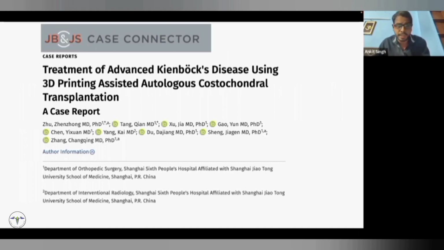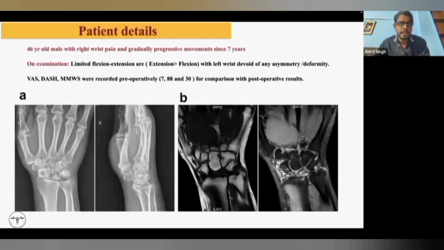It was performed by Dr. Zhu Zhenzong at Shanghai Medicine University at Shanghai. And this article was published in JBJS in December 22. So this was the case report where